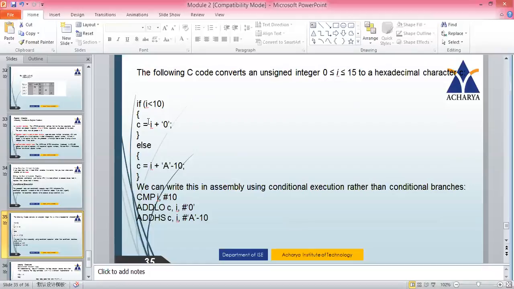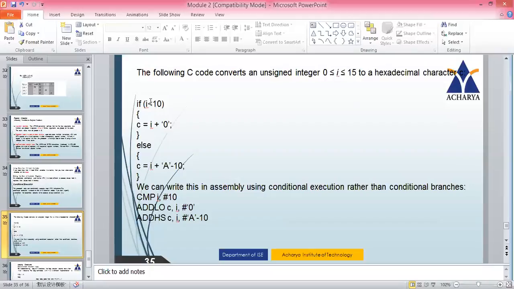Now comes if it is 10. If it is 10, this condition fails. We are using conditional branching. So it goes to the else part. The I value is 10. 10 minus 10, it is 0. Whatever is the alphabet here, 'A', that will be substituted to C. Now, next one is 11. So 11 minus 10, it is 1. Again, you are seeing 'A' is in quotes, which means it has some ASCII value. So if it is 10, 10 minus 10 is 0, and whatever is the ASCII value of 'A', that will be substituted to C.